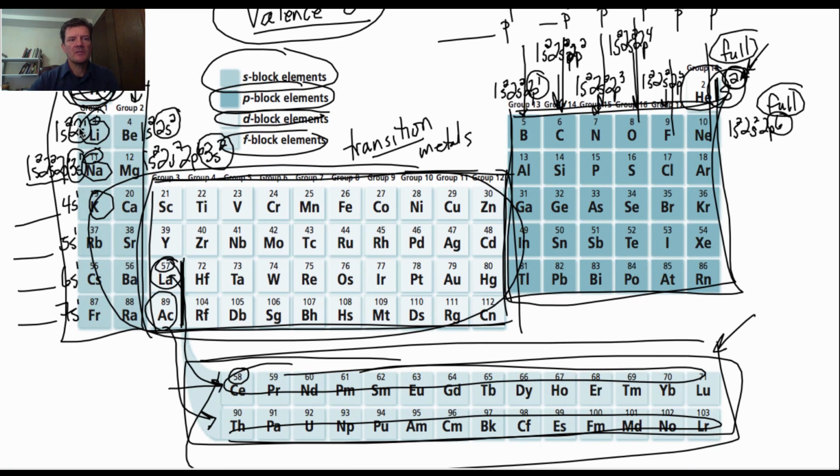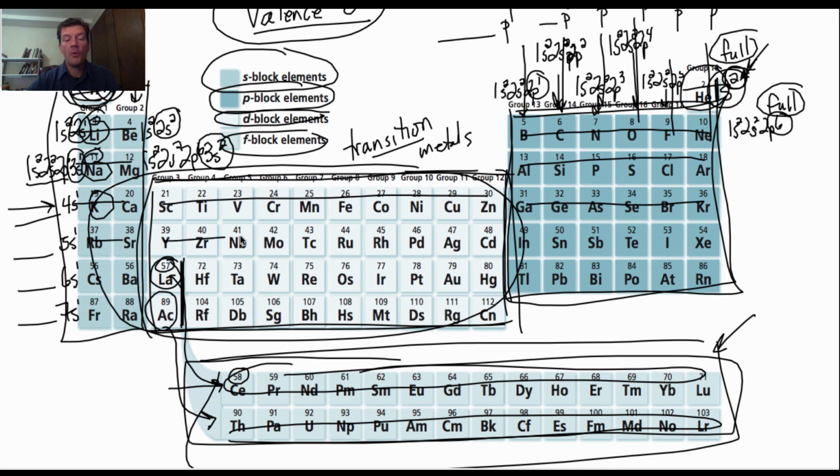So here in this first row, 1s is getting filled. Then we're going to fill the 2s, then the 2p, then the 3s, then the 3p, then the 4s. Remember, this is the s block. Now here in the center section is where we start to fill the d. The first d is in the 3rd energy level. So I know we're in the 4th row, but this is the 3d, and then 4p,